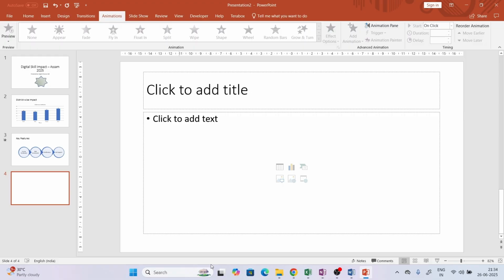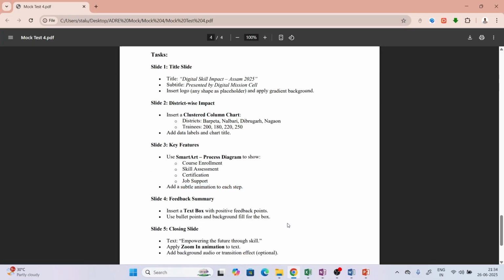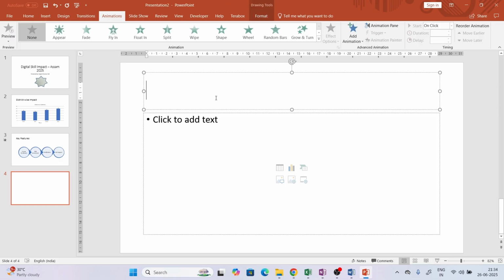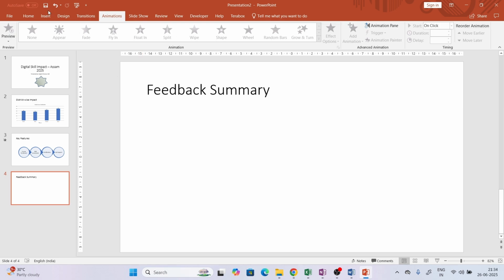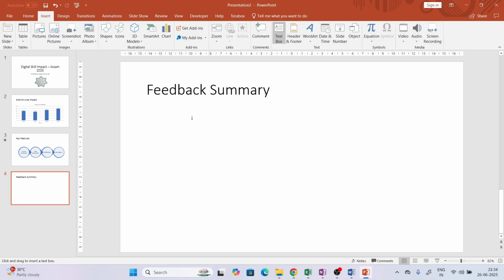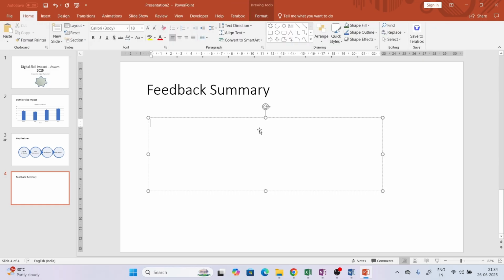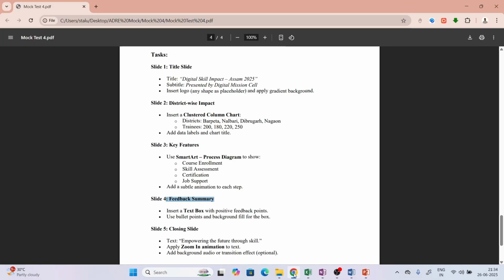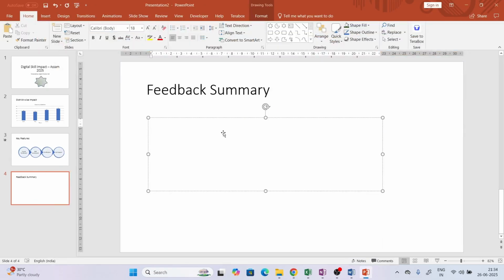Now moving to the next slide, which is the feedback summary. We have to add a text box with positive feedback points. So I will give the title as it is, feedback summary. I don't need the existing placeholder, so I will delete it and insert a text box. We are told to use bullet points and a background fill for the box. For the bullet points, we need to write the summary. Let's say, more than 90% positive feedback,